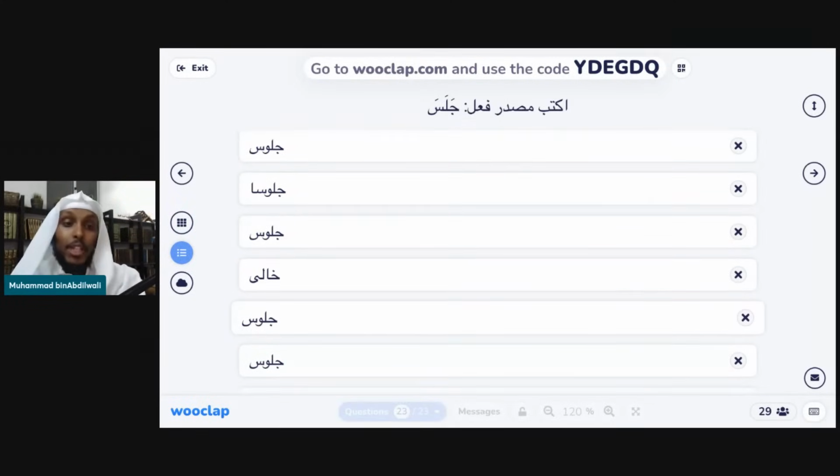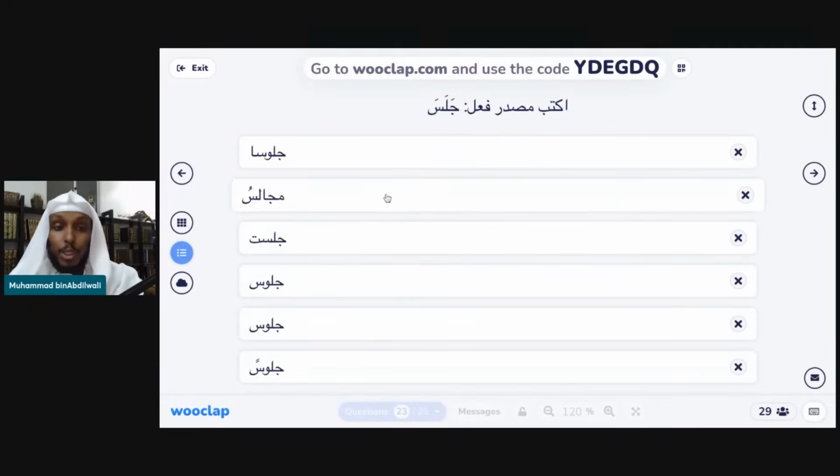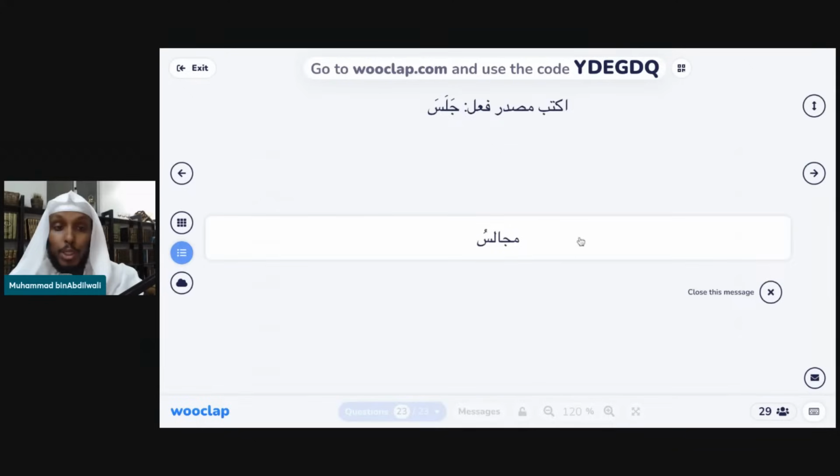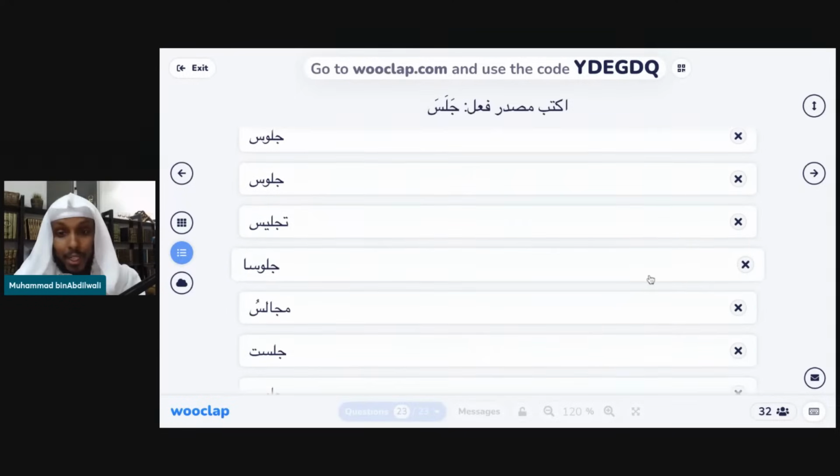والله يا أخي, Arabic sarf and these differences are very, very important. They have a major effect on your understanding of the Quran and Sunnah and the speech of the scholars. لا مجالس لا. مجالس جمع مجلس, and it is not a masdar. مجلس is اسم المكان, the place where you sit. It's not the masdar. The masdar is julus. So the sitting, the places of sitting. واضح؟